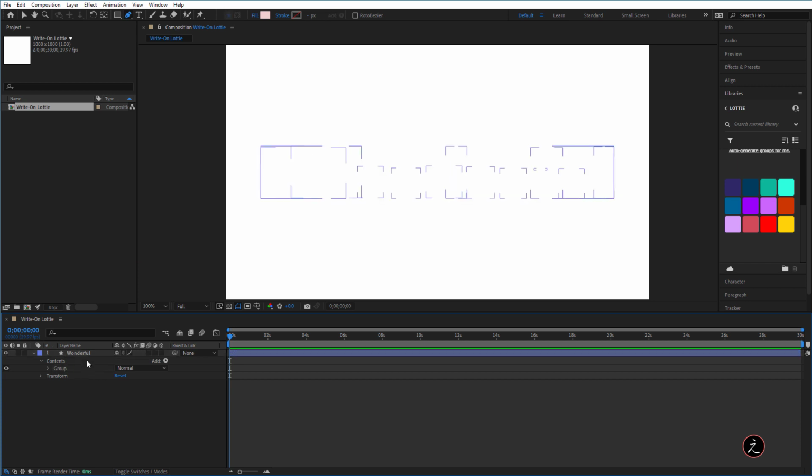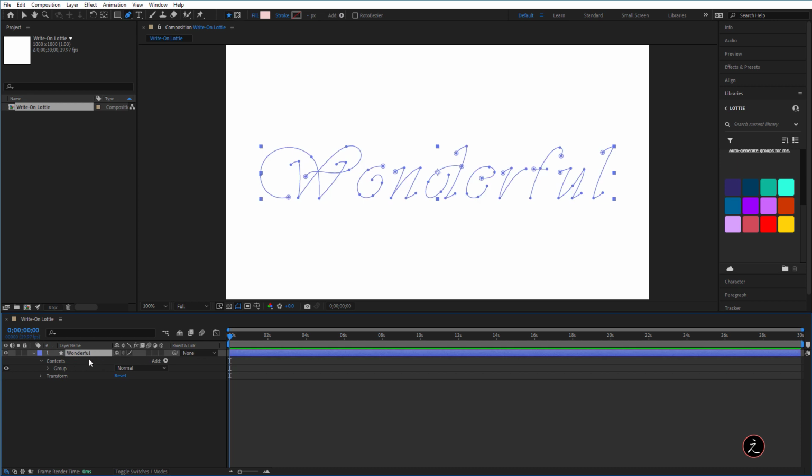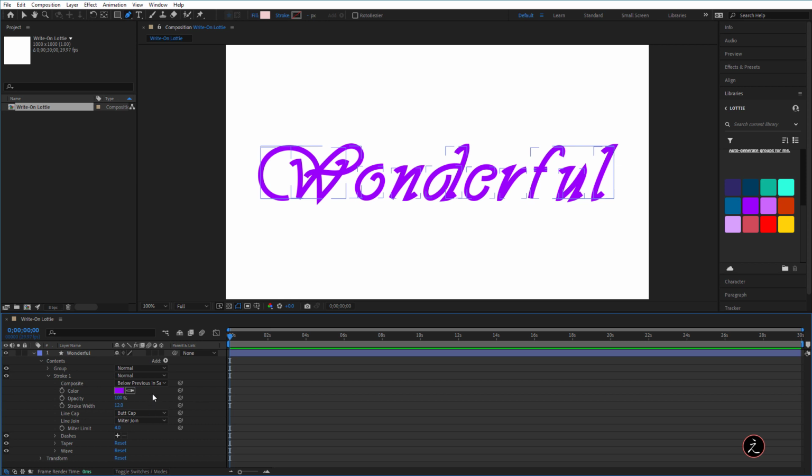That's one thing. Then I will target the shape layer and then again click on the Add menu and I will add a stroke operator. Here's the stroke. Let's go ahead and change a couple of things here. First of all, I will go ahead and use the eyedropper and use a specific color of my choice. That's one thing. I will up the stroke width. I'm going to go for like 12 here. And what else can I do?